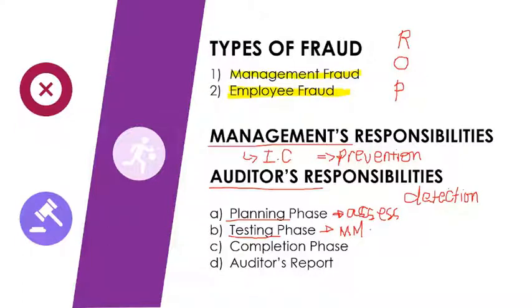Now, if ma-identify na nimo if material misstatement ba siya, ang sunod mong dapat i-answer is if it is due to error or if it is due to fraud. So ang imong sunod nga dapat hinumduman or you need to ask, di ba, is it due to error or fraud? Kay mamatter man siya. If due to error, okay ra, kay mag-make ka na lang og adjustments, wala ra siya gituyo. So, you can reprimand the employees, kaya you need to be careful when you do recordings and so on and so forth, kay honest mistake naman siya.